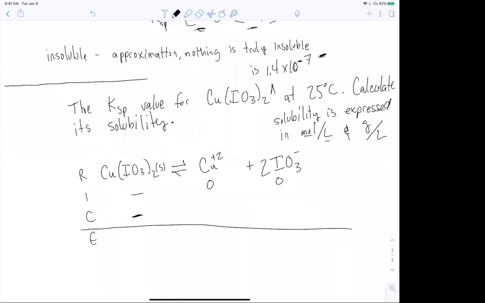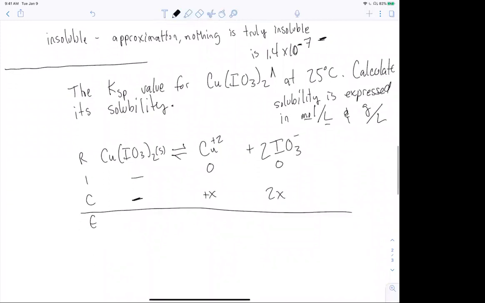We know that however much of this dissolved, 2 times the amount of this is going to dissolve. So at equilibrium, you can see you almost don't need a Rice table here. You're going to have X amount of copper and 2X amount of iodate. So this is just a way of saying that if we're trying to figure out the relationship for KSP, we know that it's